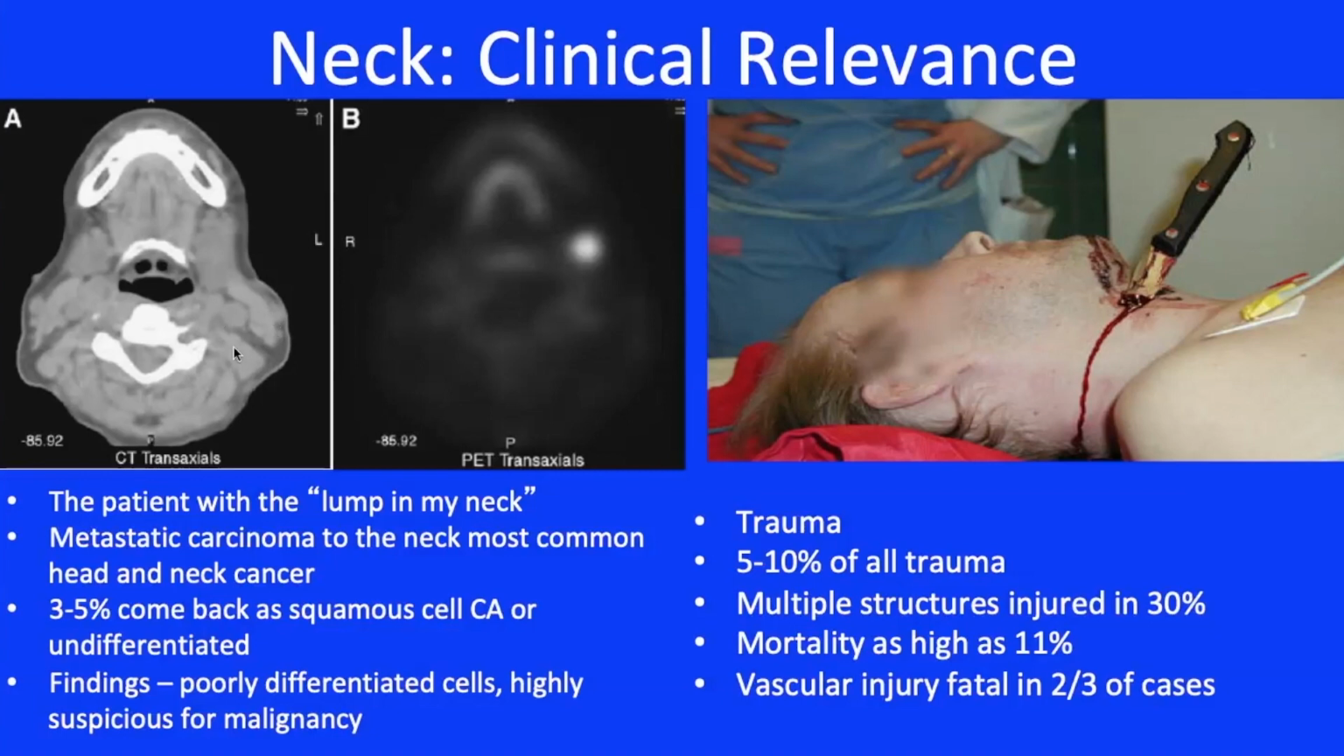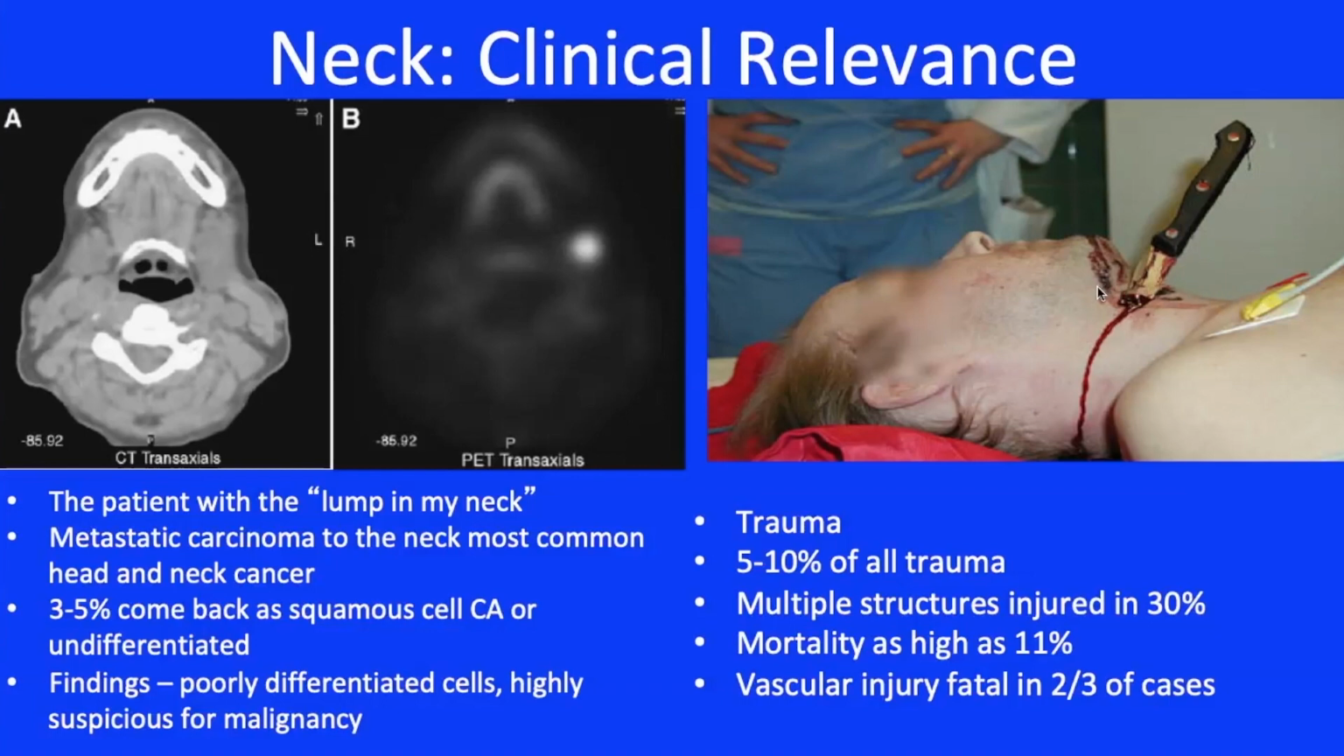Compare the right side of the CT with the left side, and the evidence that this is an undifferentiated tumor is highly metabolically active. These findings of poorly differentiated cells is highly suspicious of a malignancy. Lumps in the neck can lead to poor prognosis, in part because of all the structures these very aggressive cancers can impair. The second reason is the image on the right, the individual lying in the ER with a knife